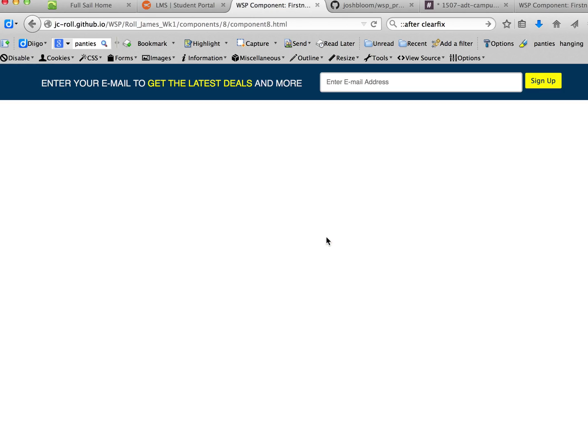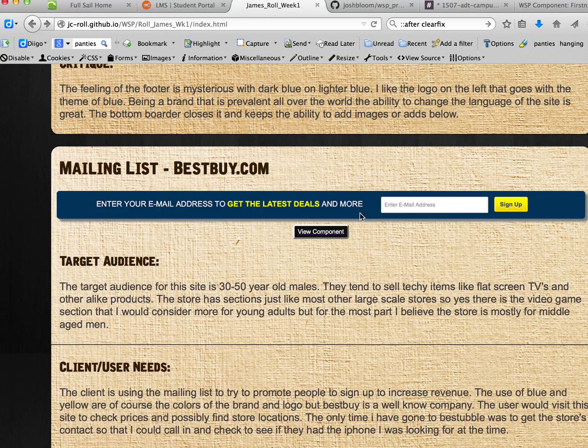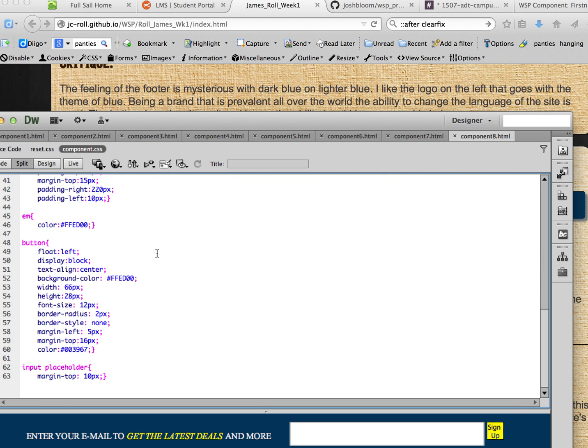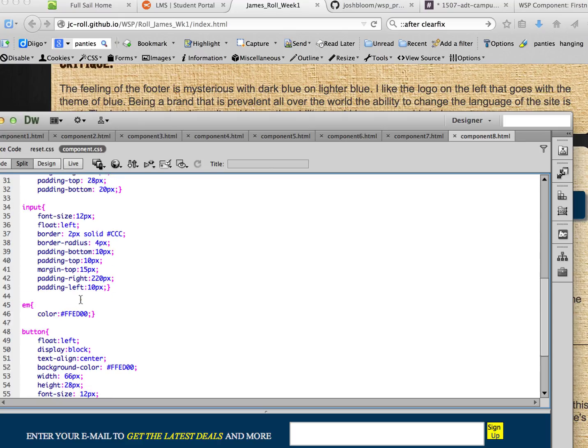This one was pretty simple. It wasn't very hard. The only thing I wish I would have done is know how to do gradients better so I can make the button more realistic. But it's pretty close to the original. I was pretty happy with the outcome of that one. I believe the CSS was not nearly as much. As you can see, the HTML wasn't very much. So we had 63 lines in this one. The button had quite a lot. The input,